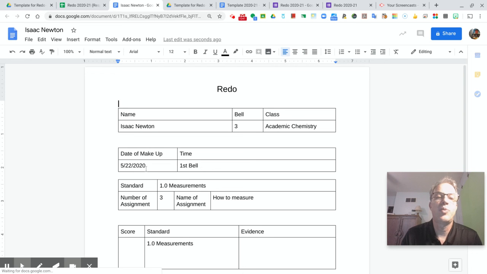He's coming in on the 22nd. He's coming in on first bell, or she is, depending on who it is. The number of the assignment they want to do is number 3. Measurement, the name of the assignment was called How to Measure. Now, I've got the standard, the score, and the evidence. Now, what I do,